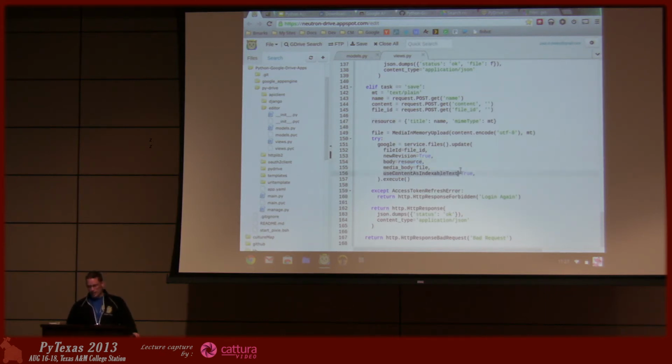And this is a cool little option: if you use the option that says use content as indexable text, Google Drive will actually index that file. So if you're doing a binary file, you probably don't want to use that because it's indexable. But if you're doing a text file, like this is,